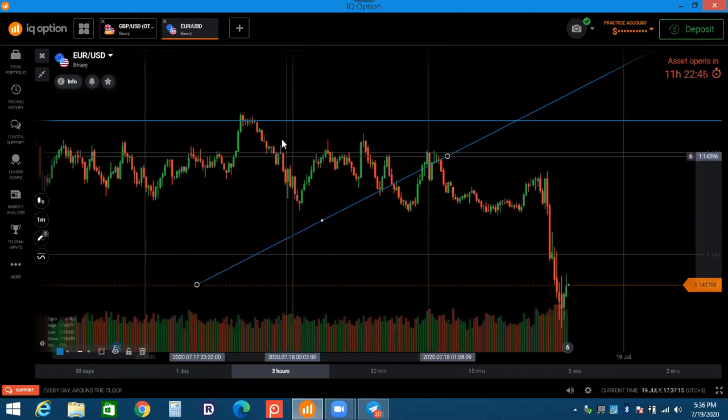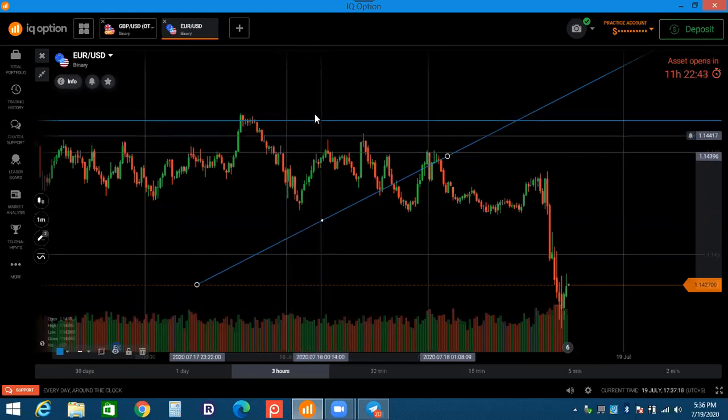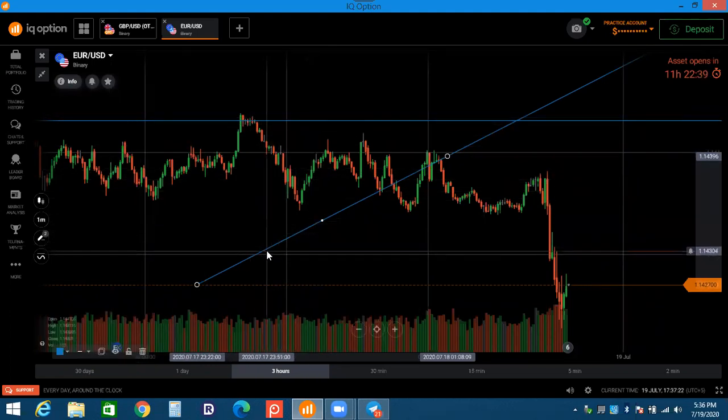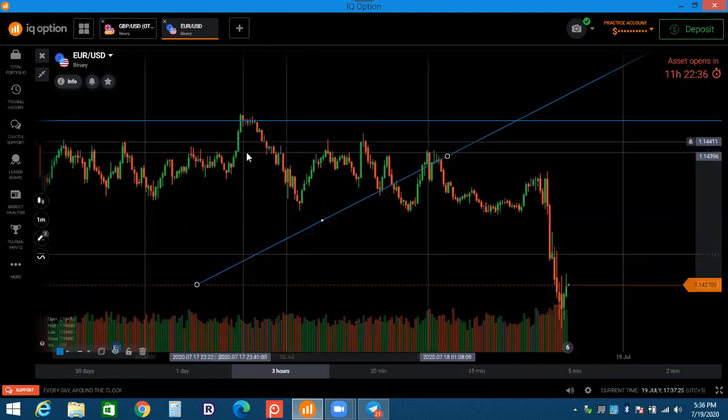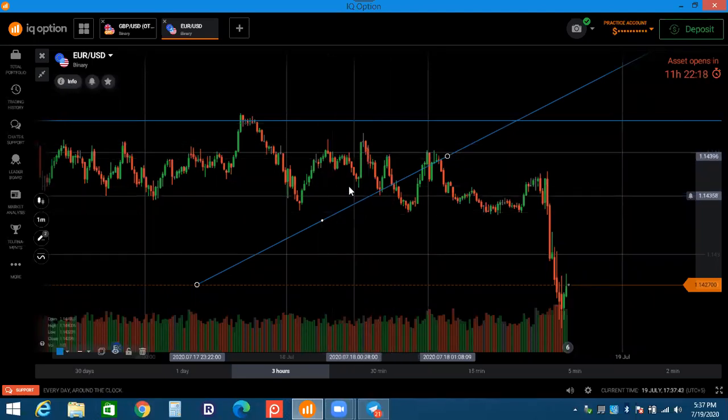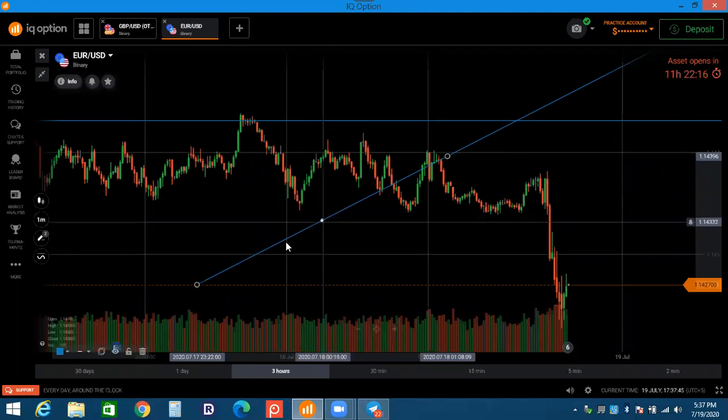If you are in a range market, use the horizontal line. It will work for you. But if you are in a range and you are using the trend line, it will not work. And if you are in a trend and using the horizontal line, it will not work for you. Why? Because the market movement is showing the trend. The trend is in power, or sometimes the trend is losing momentum, but we must understand this from these lines. Now I will show you when it will work and when it will not work.